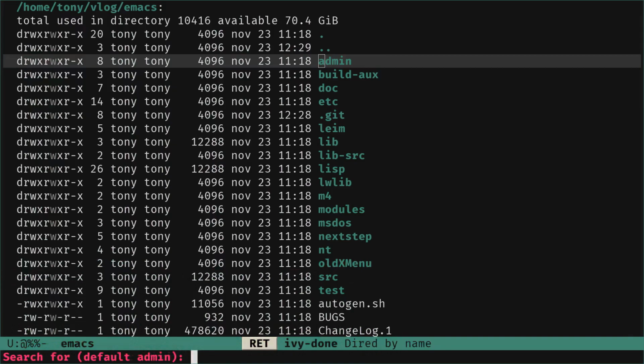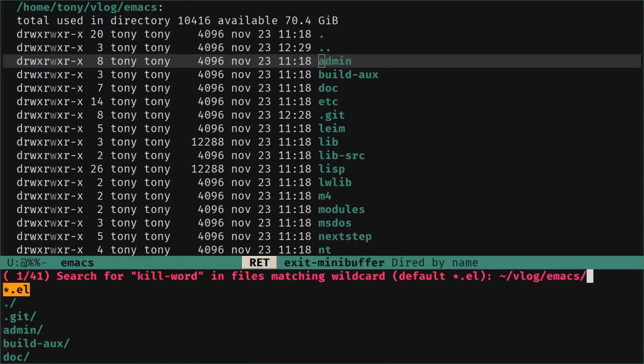So now it tells us what do you want to look for in the Emacs source code. So we can pass keywords. I want to look for keywords. Okay, preferably we want the definition, but let's say we look for this in all the .el files. So this is what we do right now. Files matching wildcard.